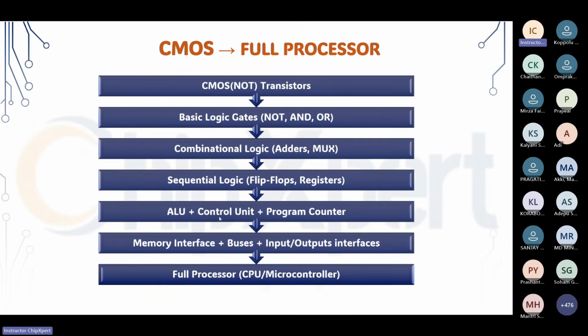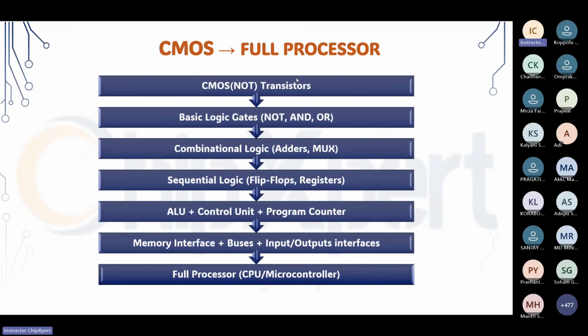And they have created memory interfaces, buses, and inputs and outputs for sensors. With that, we can combine them to create a full processor. Let's say I wanted to design a chip like a calculator, an adder. For that a chip is needed, for addition, subtraction, multiplication, all these things. That will all be created with transistors, using the basic logic gates which we design. Again, that will be converted into CMOS transistors.